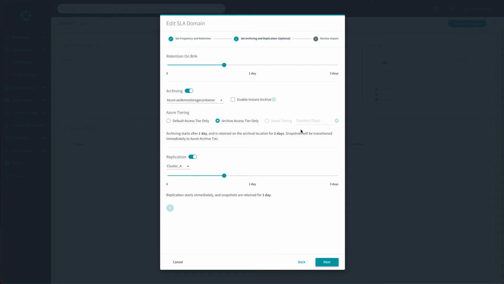So let's say I want to keep 2 weeks of data in the hot tier. Then we can use Rubrik's intelligence again to automatically, after 2 weeks, tier that data down into colder and archive tiers. This really helps with optimizing costs for storage and making sure that the right amount of data is available